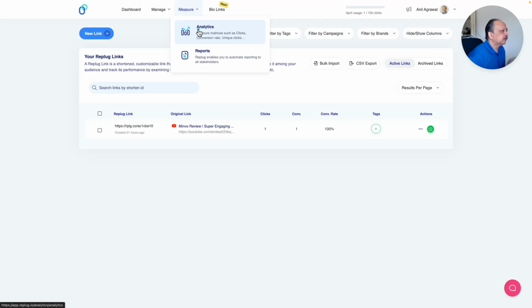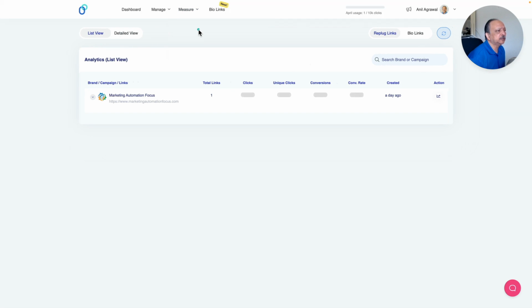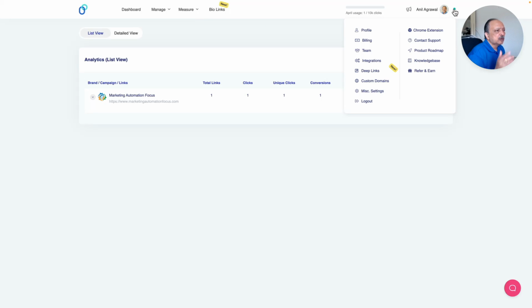So now for analytics, again, it gives you pretty much the analytics of your brand or your campaign. So you're in a brand, and I believe on the top you have profile, billing, team, integrations, deep links, custom domain, miscellaneous settings, logout. And then on the right, you have Chrome extension that you can install, contact support, product roadmap, knowledge base, refer